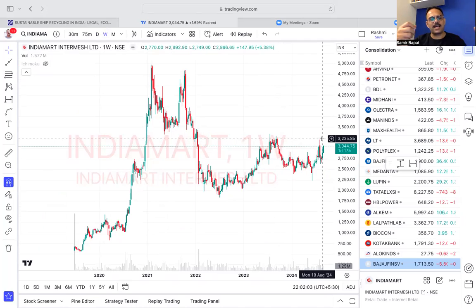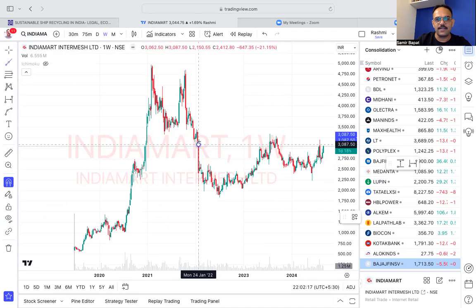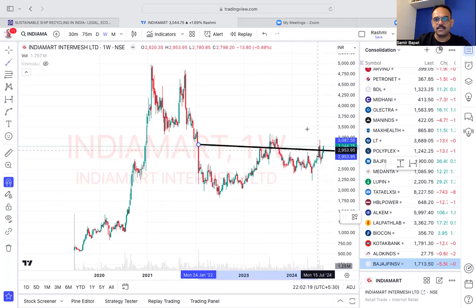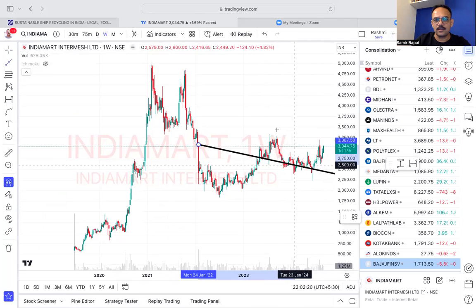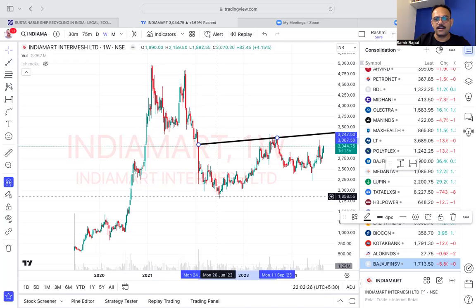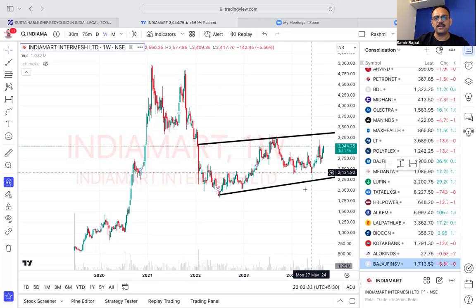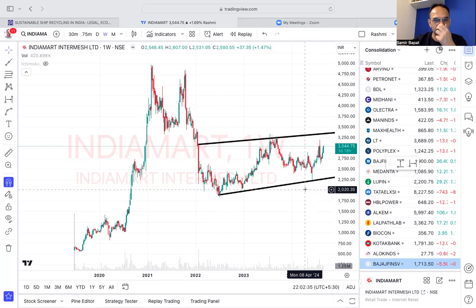पर handle बहुत बड़ा है, वो proportion में नहीं है. So it's not in the proportion of the cup, right? The handle itself is also very big. So maybe triangle formation we can take on a weekly chart if you want to take it that way. So if we take it this way, let's say, and this is the triangle. We are trying to somehow fit something on this. You can say yes. So let's see क्या होता है this way or